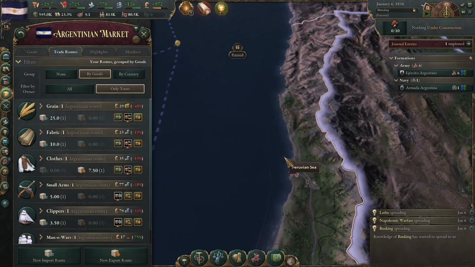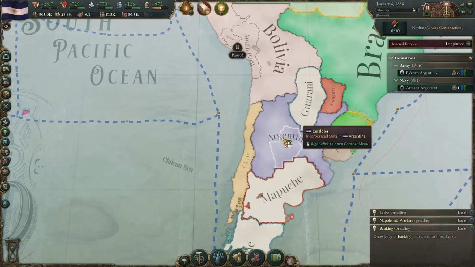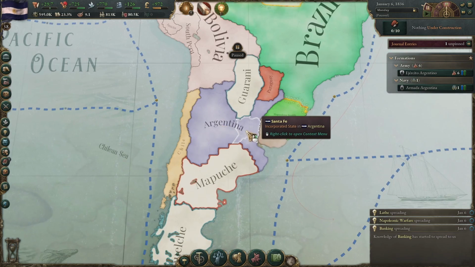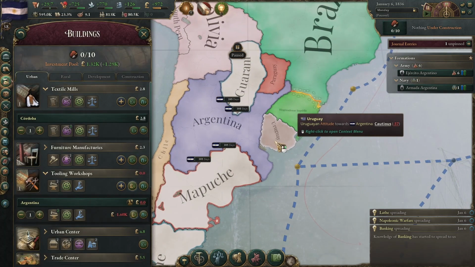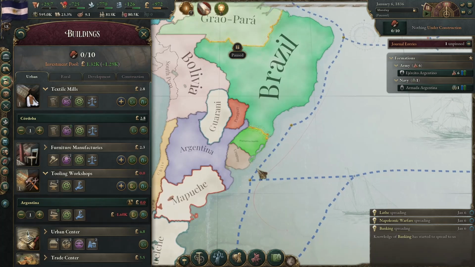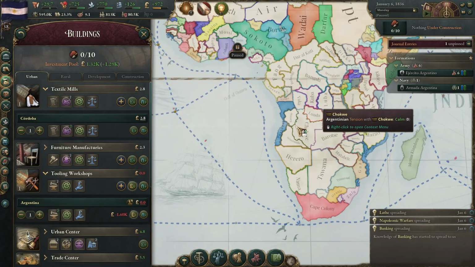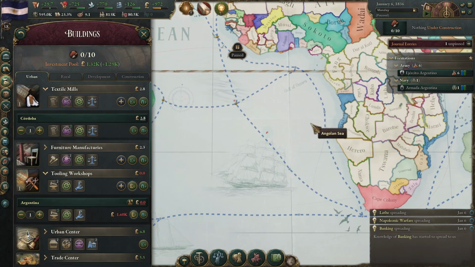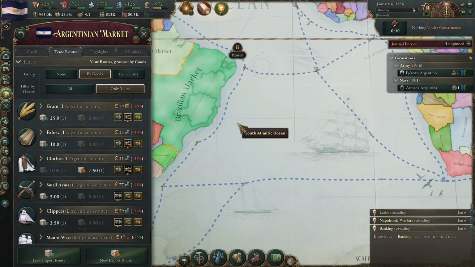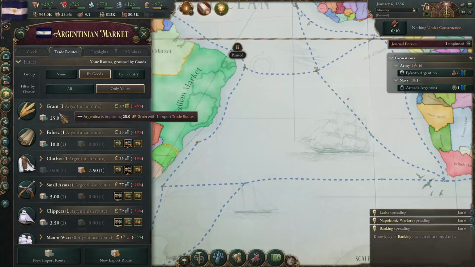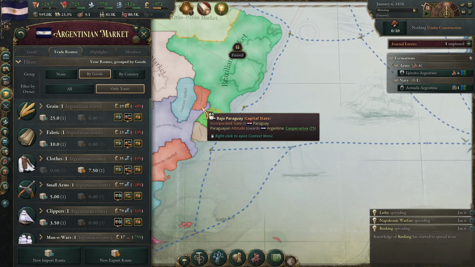Now the strategy. For example, in this scenario, playing as Argentina makes no sense at all to enact this law when you start the game. I strongly recommend you expand your country to have a lot of labor and peasants, and just then enact the law. So at the start of the game I recommend you import grain, that way you keep the price low